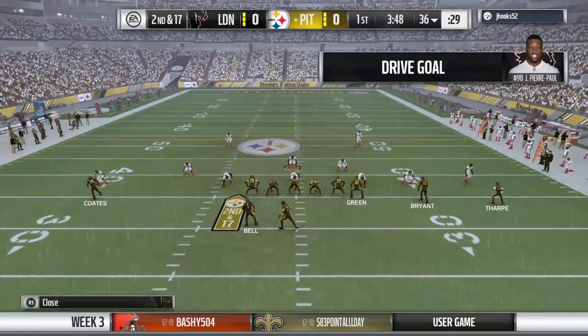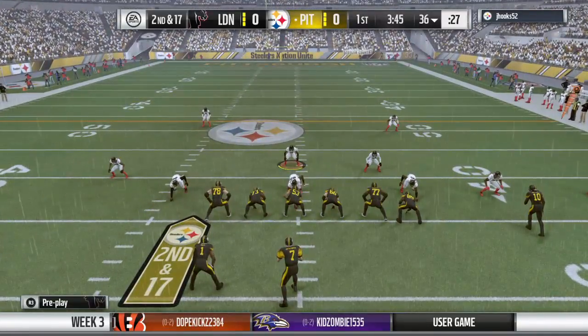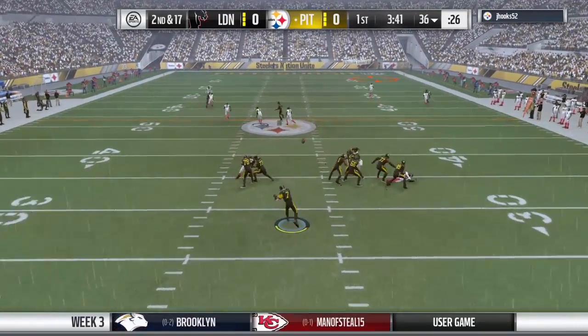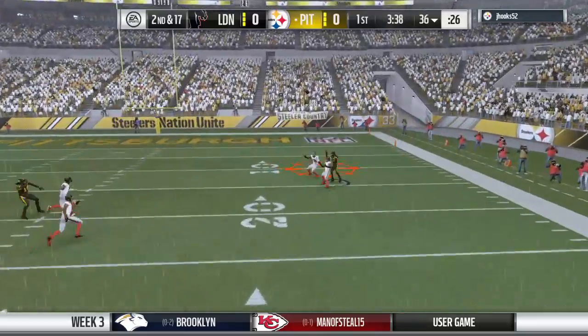But what you're hoping is that you figure out and you see and get a clue that maybe there's going to be some pressure coming at you, and you change the blocking schemes. Maybe you go to max protection. The biggest one is maybe you bring your running back in to try and keep...